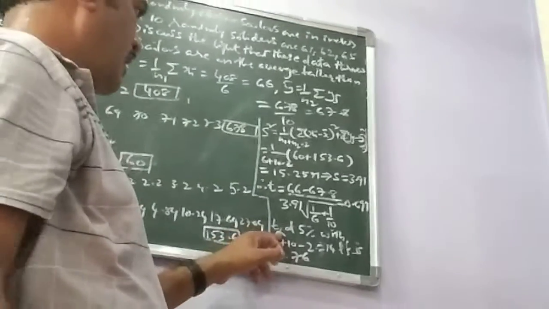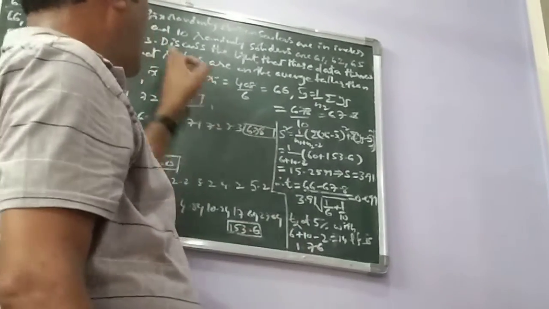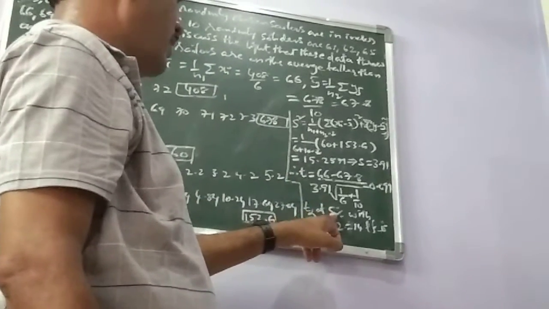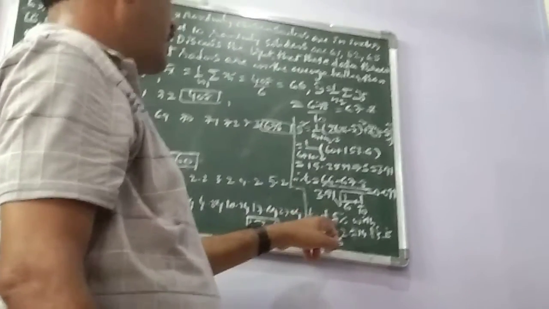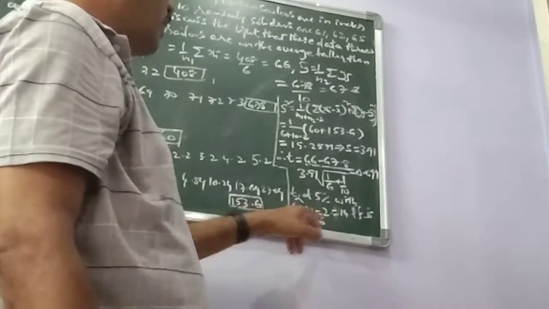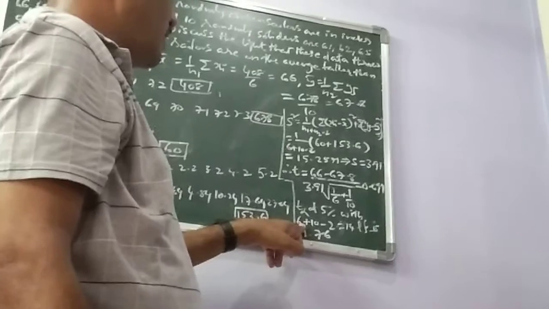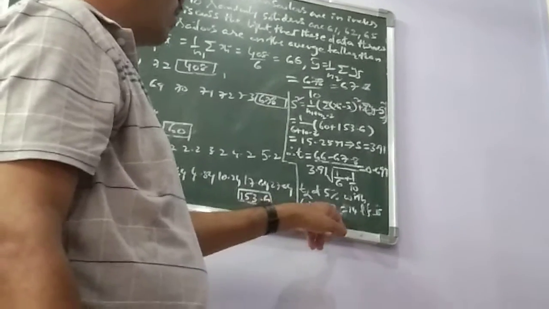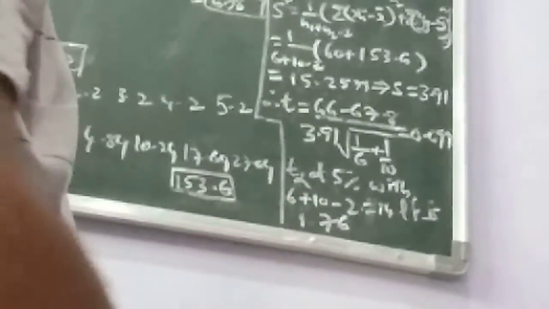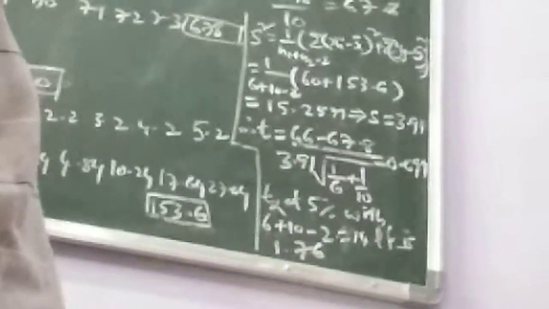So collect the table value. The alpha level of significance is not given in the problem. The common level of significance is 5%. So from the t tables, the value of t at 5% level of significance with n1 plus n2 minus 2, what is n1 plus n2 minus 2? 6 plus 10 minus 2 equal to 14 df. For a two-tail test it is 1.7, for a one-tail test it is 1.76.